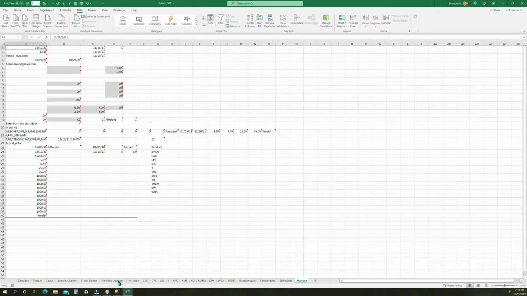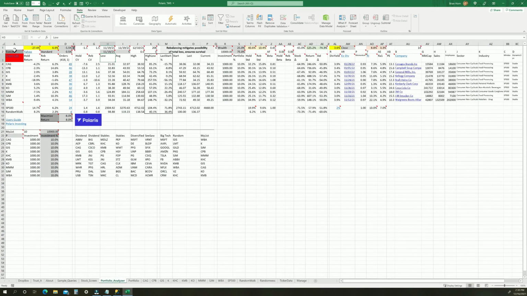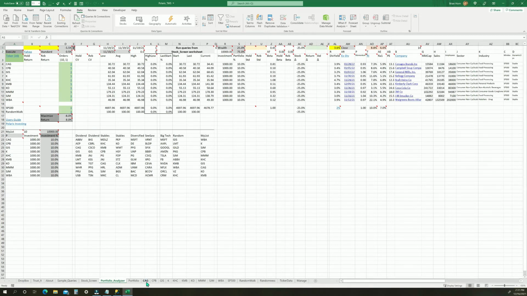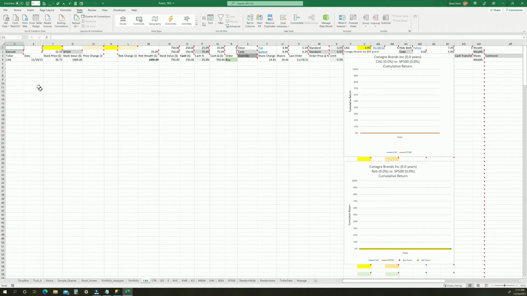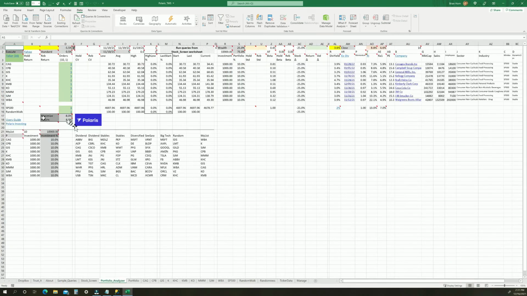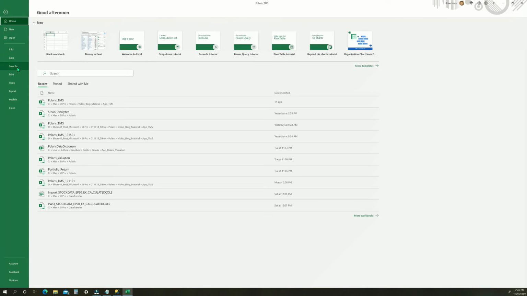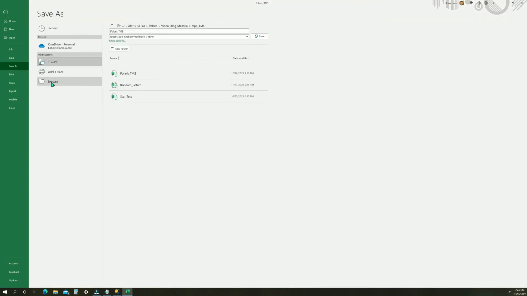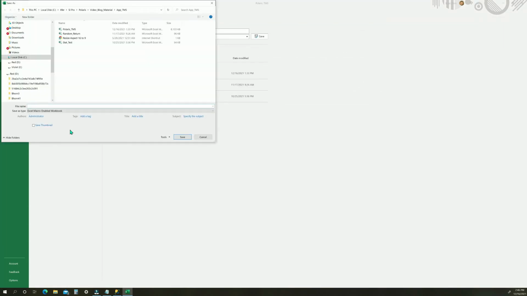So now going back to the Portfolio Analyzer worksheet and selecting Execute, it's going to start up the portfolio on 11/19/21. So for here, for Conagra, it's just one order that we see, namely this initial buy, and that's what we're going to see for every ticker. So we end up with 10 orders across the 10 different tickers. Once the portfolio has initially been set up, it's best to save the spreadsheet with a unique name, something like